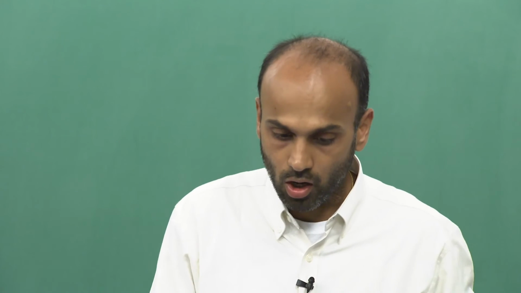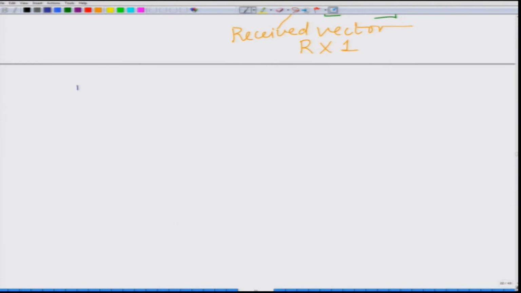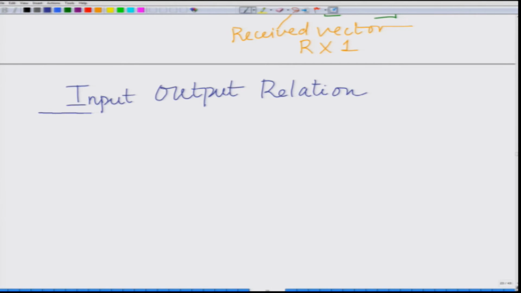Okay, correct. Now let us see how we can model the input output relation in the MIMO system. The input output relation can be modeled as follows. Let us look at y1 of k, the symbol on receive antenna 1 at time instant k. This is given as